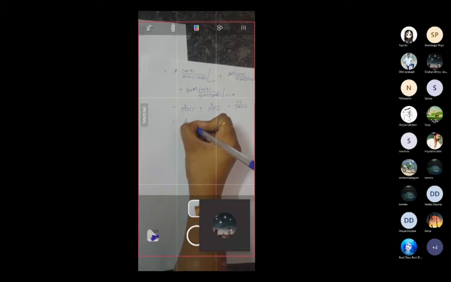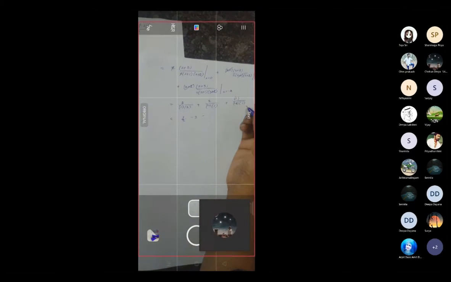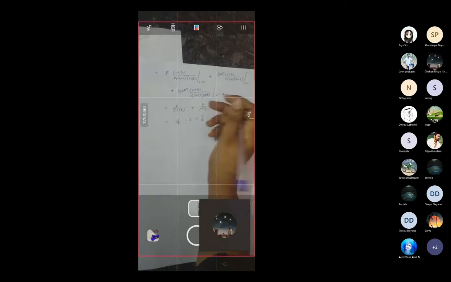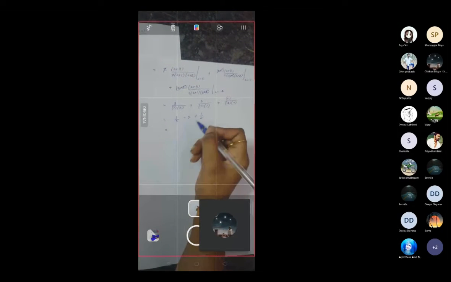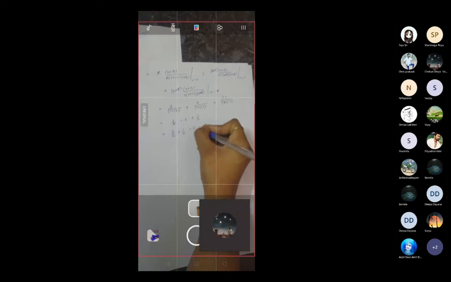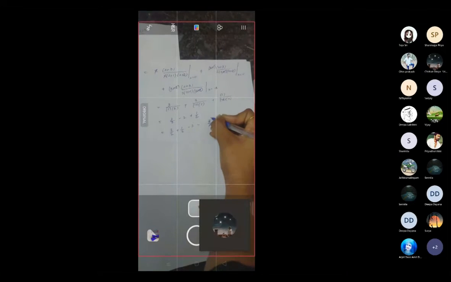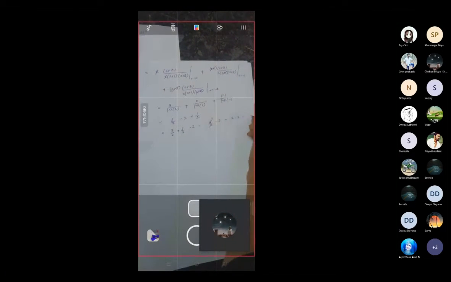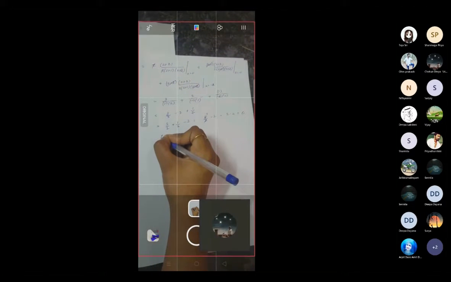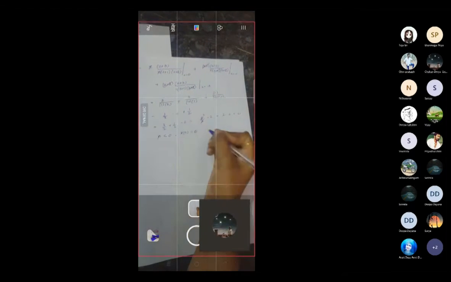So 3 divided by 2 minus 2 plus 1 by 2. Okay. Now solve this expression. So 3 plus 2 plus 1 divided by 2 minus 2, if you add this, 4 divided by 2 minus 2. So this and this, if you cancel, you will get 2 minus 2, you will get 0. Okay. So here, therefore, for n less than 0, your x of n will be equal to 0.